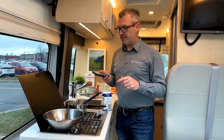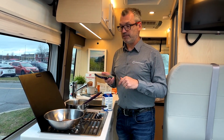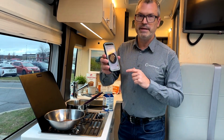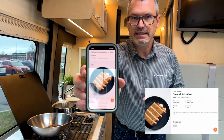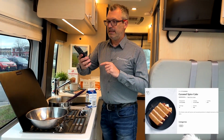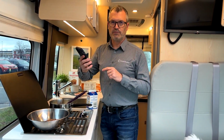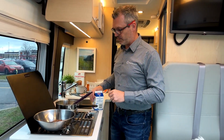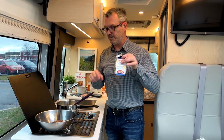So let's start with the cake. We've got to move fast today. And what we want to do is a caramel and spice cake. You can find that on the Ricardo website. It seems extremely complicated, but we'll find a way to get it done. The first step is we want to use 650 milliliter